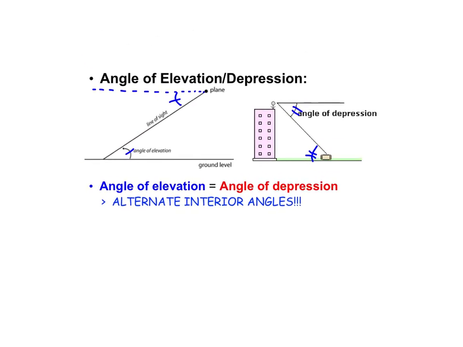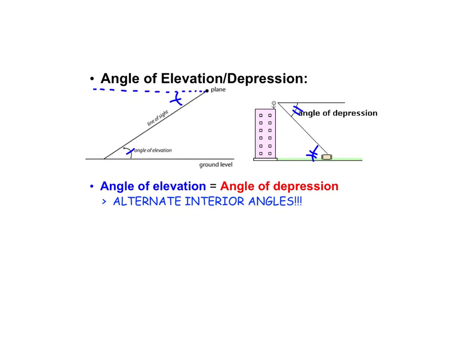Okay, so I'll talk a little bit about the angle of elevation and angle of depression. One thing to be aware of is that the angle of elevation and the angle of depression will always be equal to each other due to what we learned back in geometry about alternate interior angles. As long as we have two parallel lines, so for example, if this line segment and this segment down here